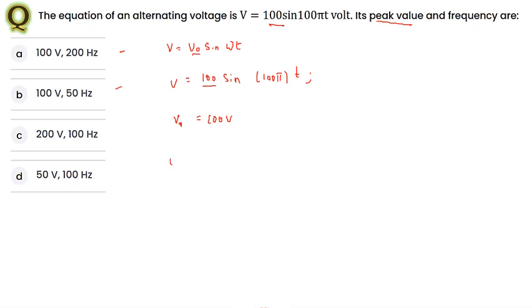Next one here is omega. Omega is equal to what they have given, that is 100 pi. Omega already we know, that is 2 pi f. 2 pi f is equal to 100 pi. So pi will be cancelled here. Frequency only they are asking. From this one f is equal to 100 divided by 2. So what you are having here is 50. So 50 hertz is the answer. So in this case the answer here is